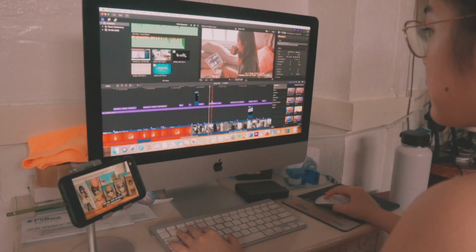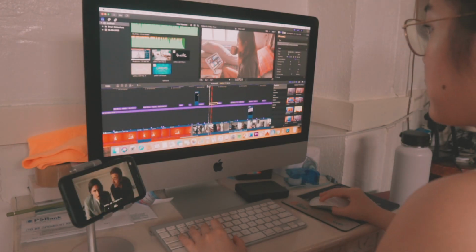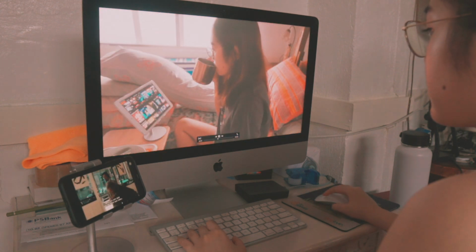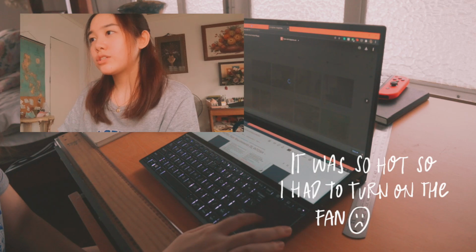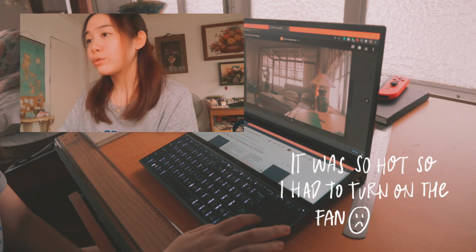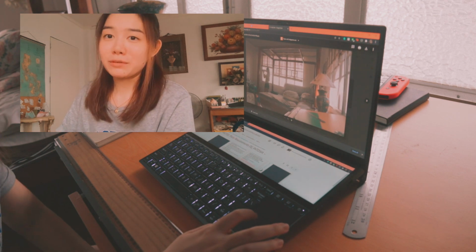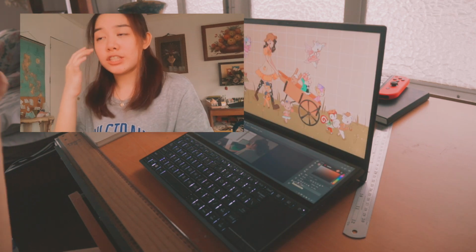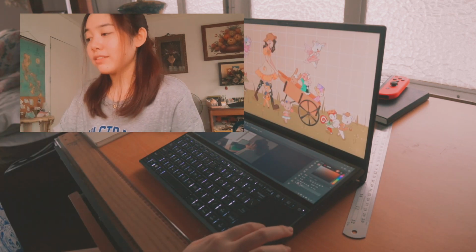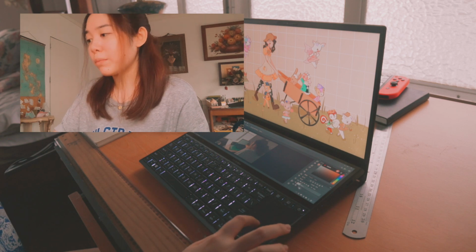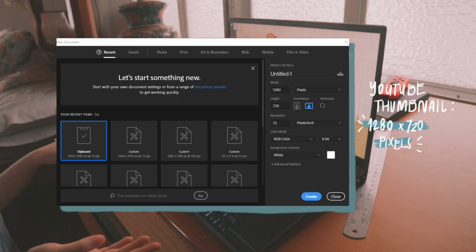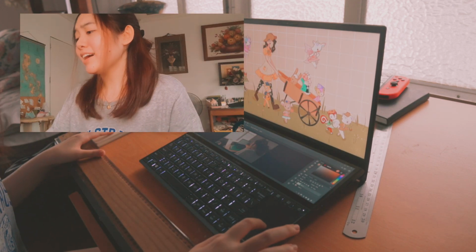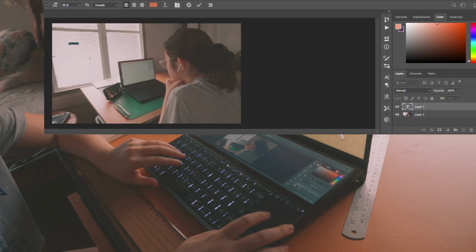My first step is to choose an image, and for me, I already take a screenshot from my edited video since it already has a preset and I wanted my thumbnails to have a consistent look. Once you've decided what photo you want, let's open up Photoshop. If you are screenshotting from your video, then you can just open your photo in Photoshop, or if not, when you create a new canvas, it has to be 1280 by 720. Then, let's go. First, I add a text to it.